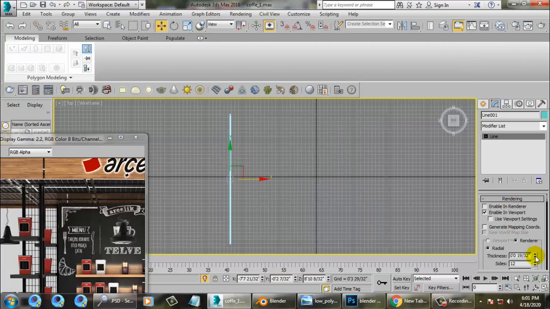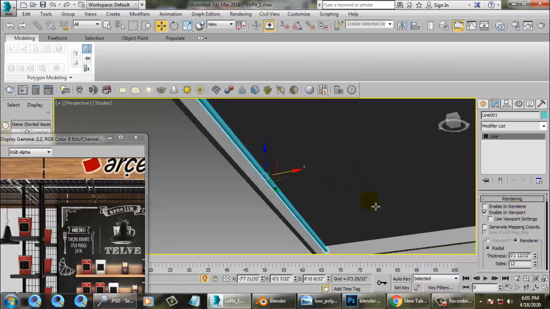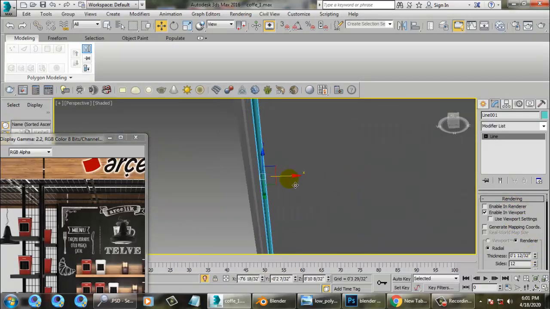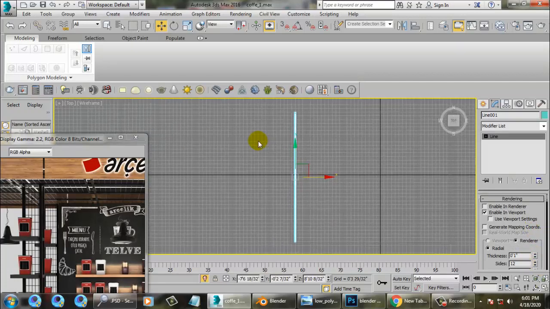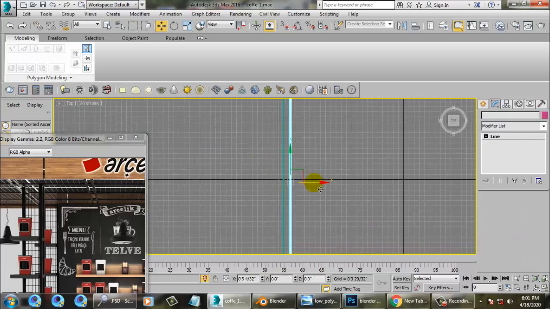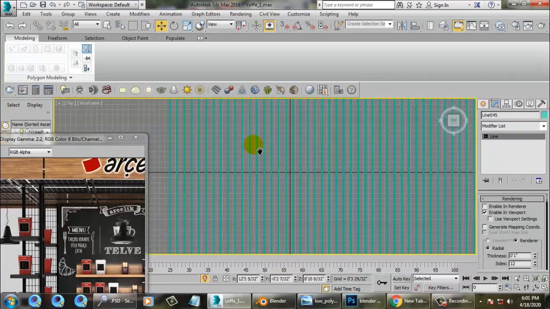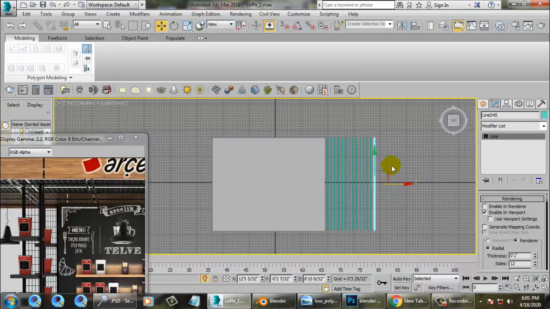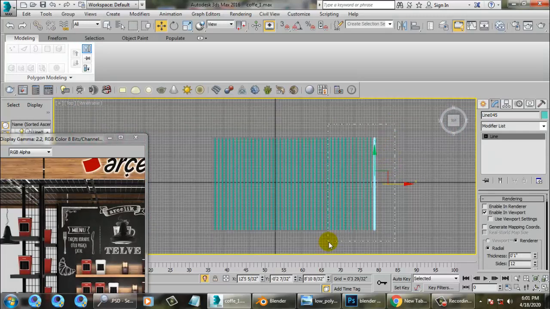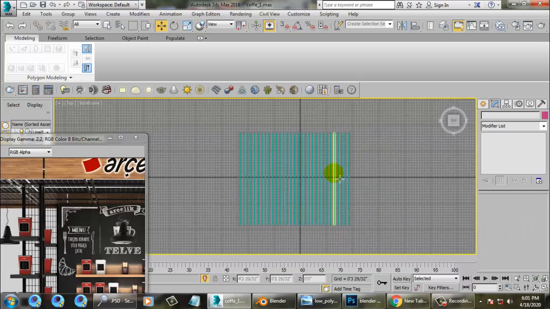Just increase its radius, and let's make all these copies over here.